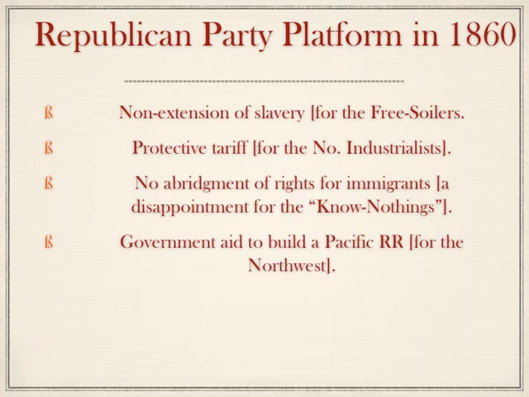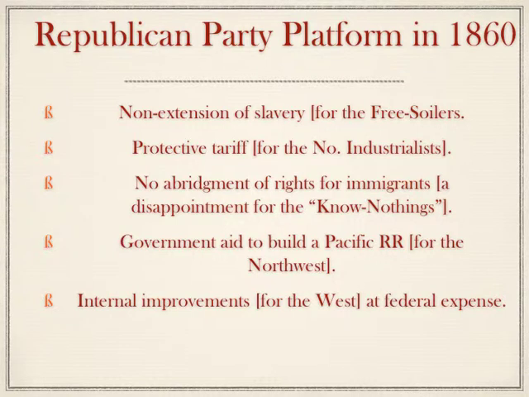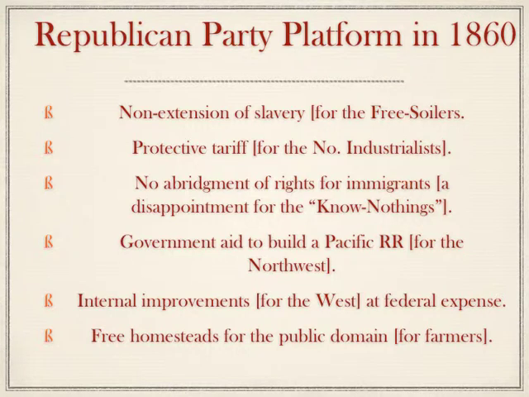1860 is another presidential election year, and the Republican Party is an emerging party that is becoming very popular. And on here you see their platform. And what's interesting with the Republican Party in 1860 is that it is very pro-government. The idea of preventing slavery from expanding, protective tariffs for protecting American industry, government money to build a railroad connecting east and west, government money for internal improvements to try and get the nation to